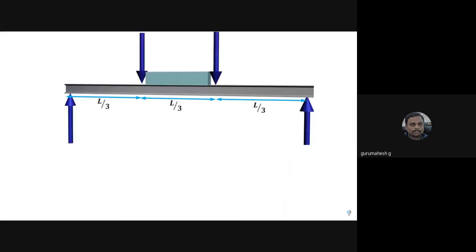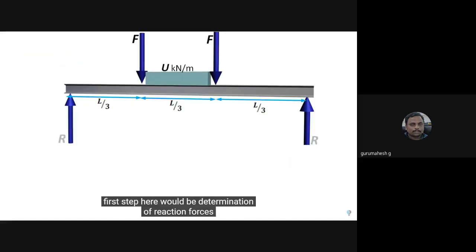Now consider this problem. A simply supported beam with uniformly distributed load. First step here would be determination of reaction forces. Since the problem is symmetrical, reaction forces will be equal, and will be half of total load acting on beam. Let's start